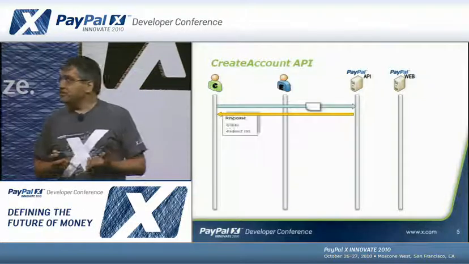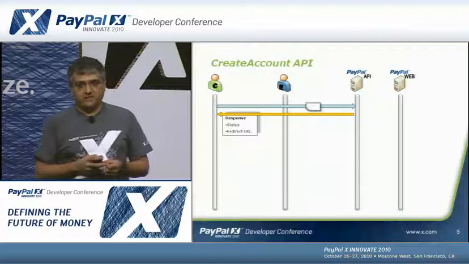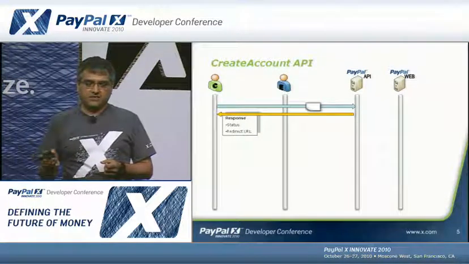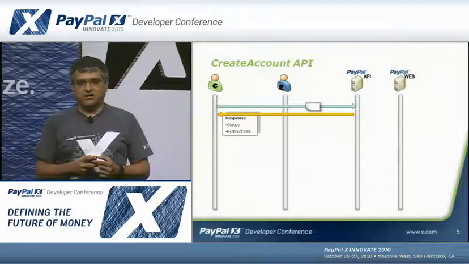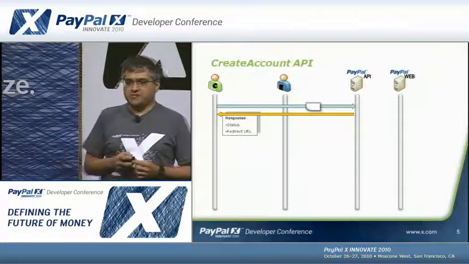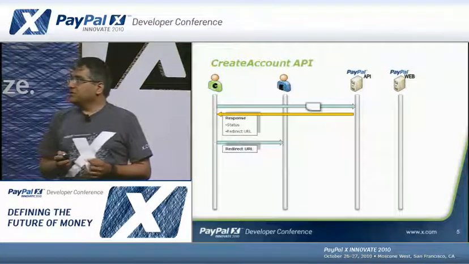In response, what you get back is a status, i.e. whether the call worked or if it failed. If it worked, you will get a redirect URL back. If it failed, you will get an indication of what errors happened with the call. So considering the success case, you have a redirect URL here, and you will pass this to your end user.